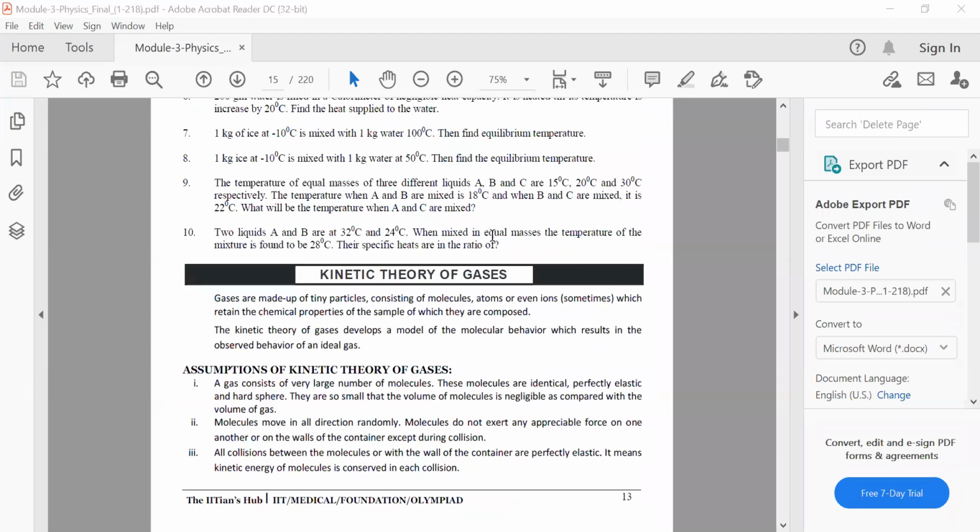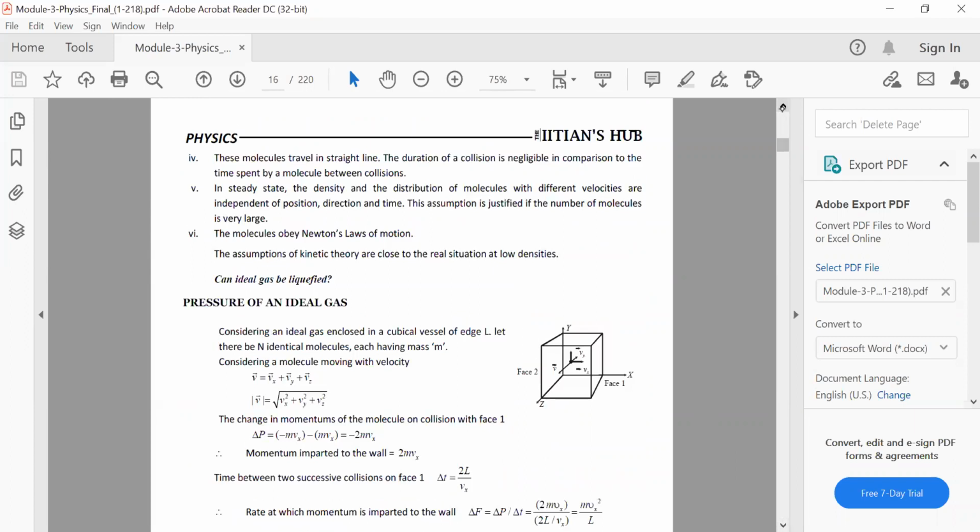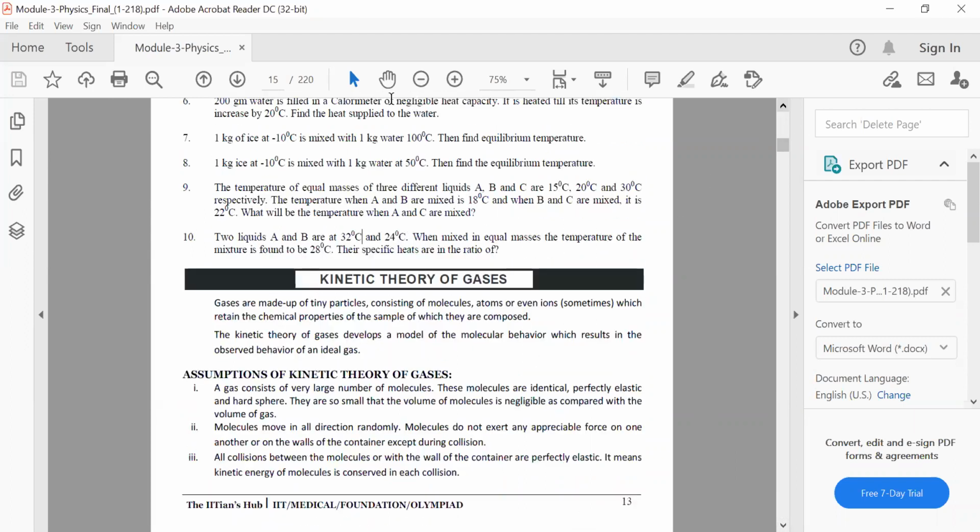Then we come to the current chapter which we were doing, and then we move on to heat and the first law of thermodynamics. So this is the last of the three things that you have to prepare for the upcoming test in heat and thermodynamics, and that is your kinetic theory of gases. For that also you can refer to the module for the moment. If you go through this chapter from Resnick Halliday, it will be even better. It will give you a better understanding of theory. But for quick revision for the upcoming test, you can go through it from here because there's a lot of theory in this.